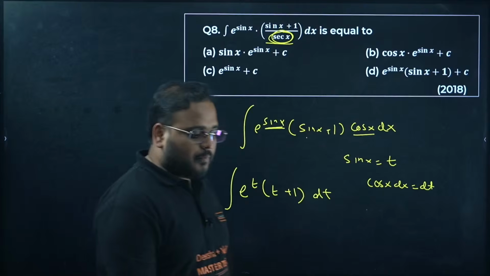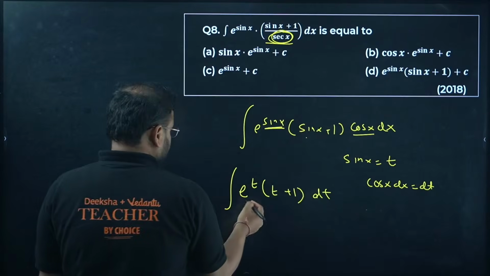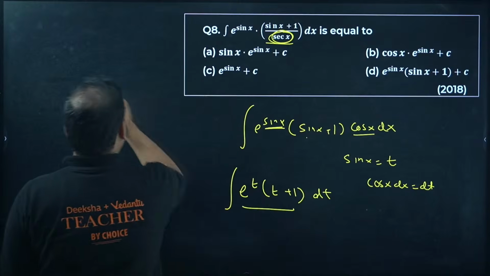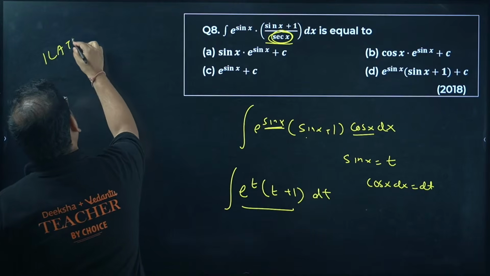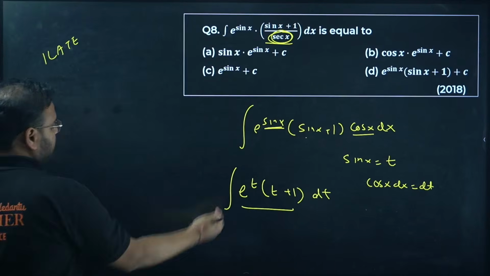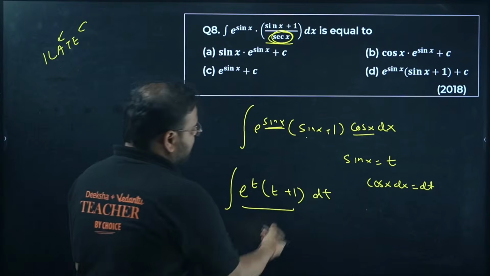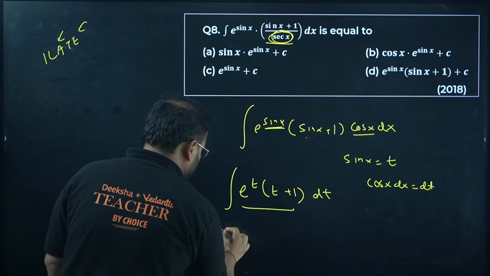What is this? This is your by parts. You can use the condition. ILATE is there. Preference order is ILATE. Exponential has the last preference over algebra. You can see t plus 1 is algebra. So if we can continue like this, first function as it is,